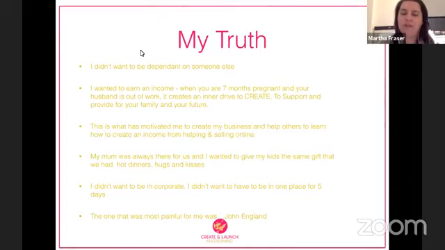And I suppose one of the key things, and I didn't realize this until lately, until I really thought about why did I really start, was that my mum was always there for me when we grew up. And I didn't realize it, but I wanted the same for my kids. And I worked in corporate for 14 years. I worked crazy hours as a software engineer, and I really didn't want to go back to that.